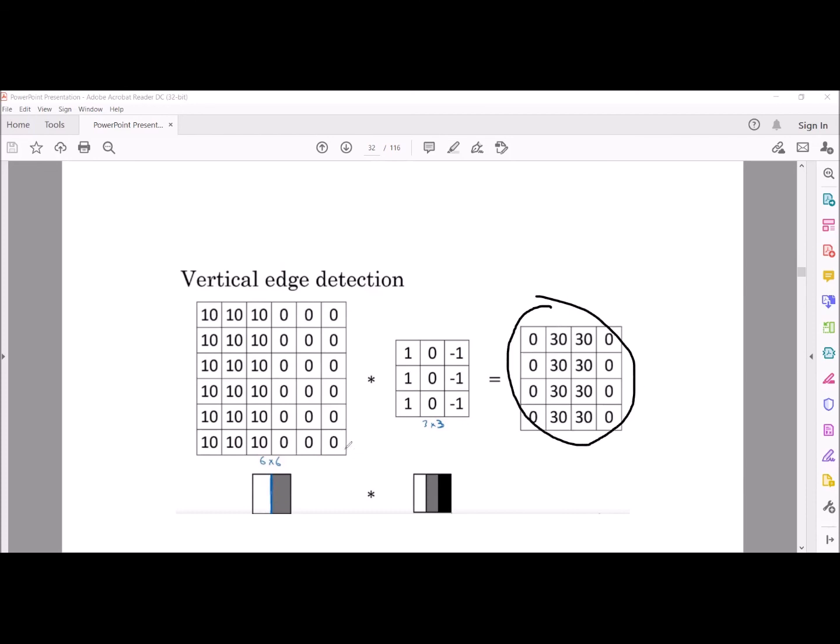A 6 by 6 image we have taken, and we have applied a 3 by 3 filter. Finally, we have got this feature map, which is indicating the information in the middle 2 columns. The filter you see here, I have represented with different colors. 1 I have represented with white color, 0 with a little bit shaded gray color, and -1 means it is black